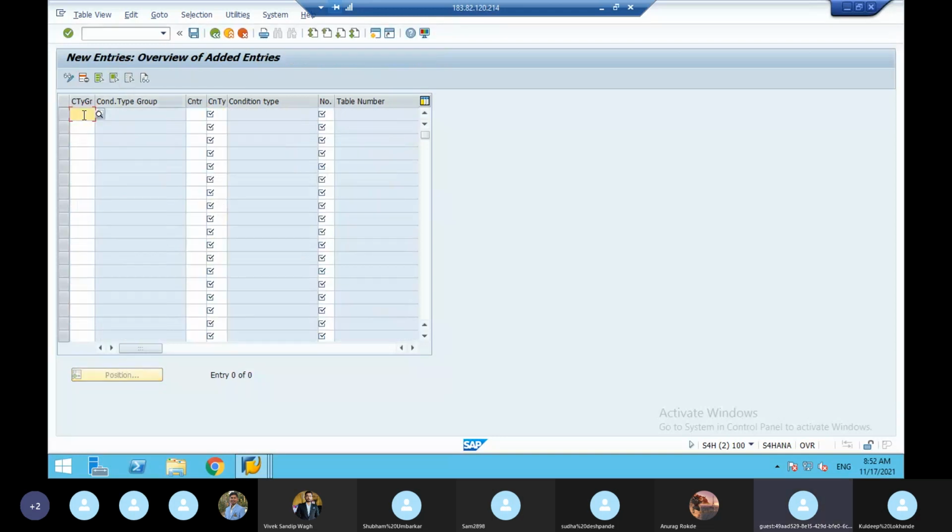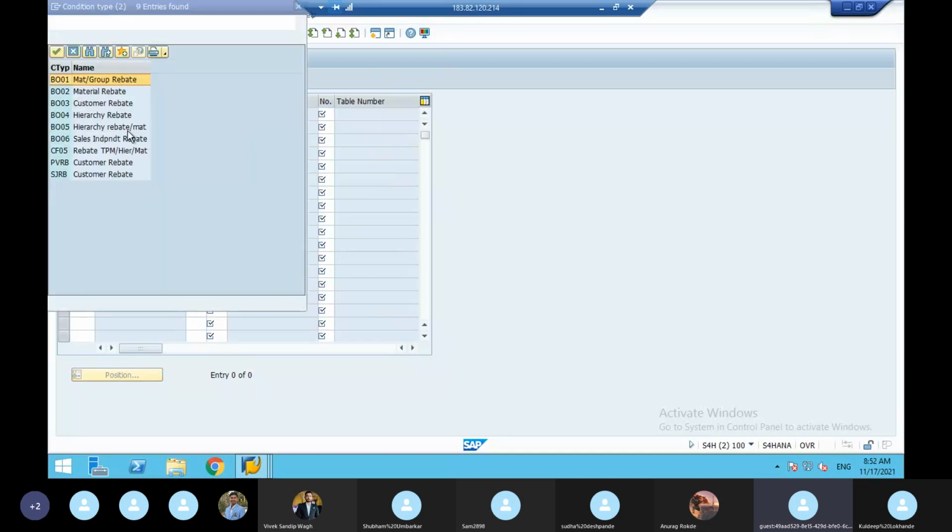See, my condition type group is GHY. Here, counter, leave it. In the condition type, there are two condition types. One is B002. Standard rebate discounts are B003 and B002. Now in the interview they will ask you to name some condition types.